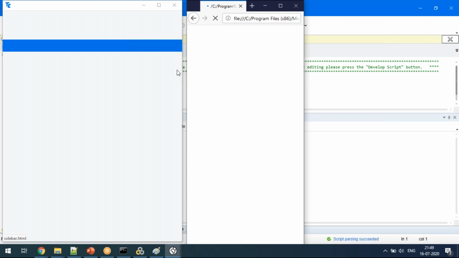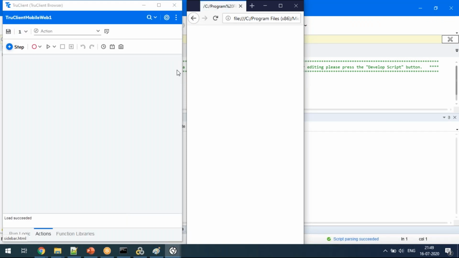Here where you are expecting this? No, Savana, my question was, do we use the same proxy method for TrueClient native mobile and mobile web protocols? Yeah, this is actually a URL, that is the reason I got this question. You are going to paste your URL straight away, so it will record like a web application recording. Oh, okay.